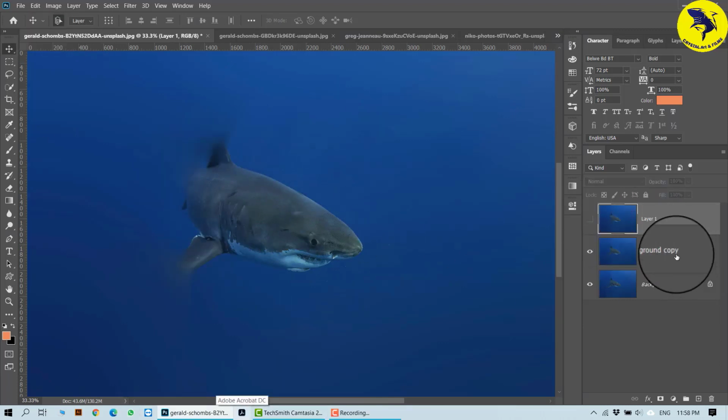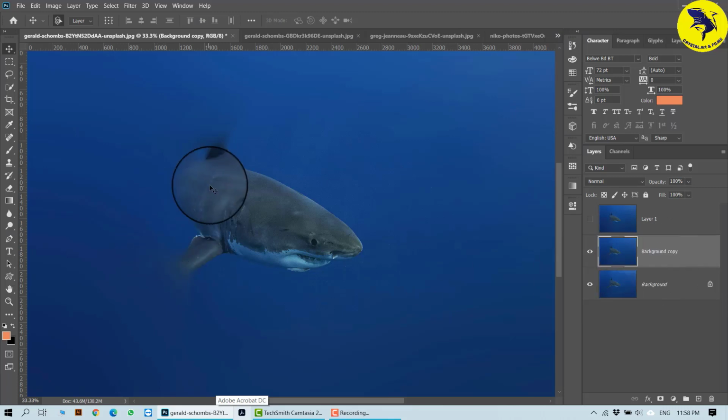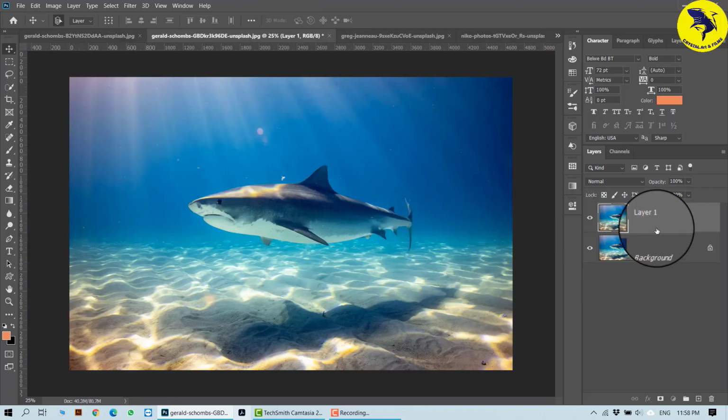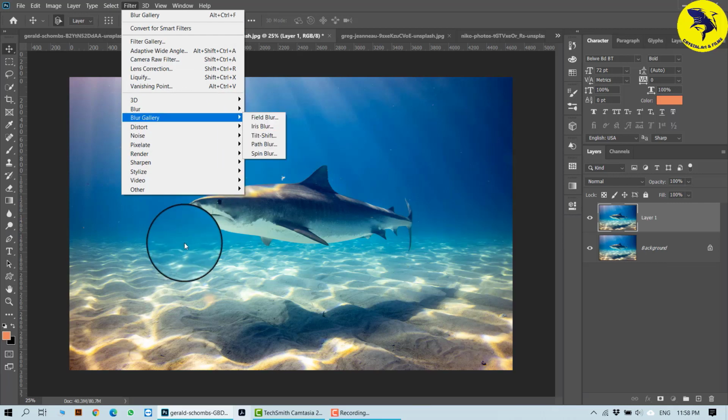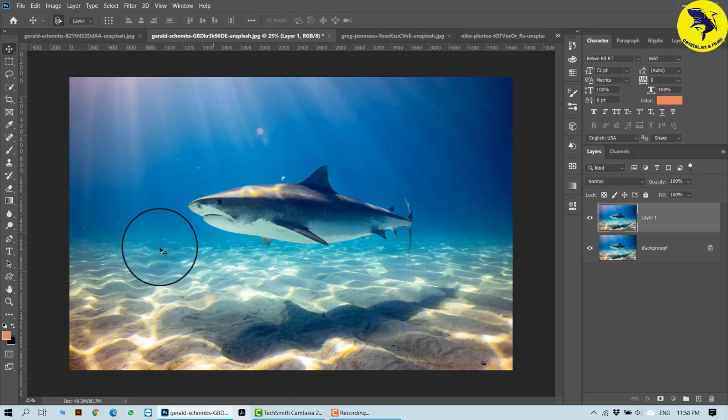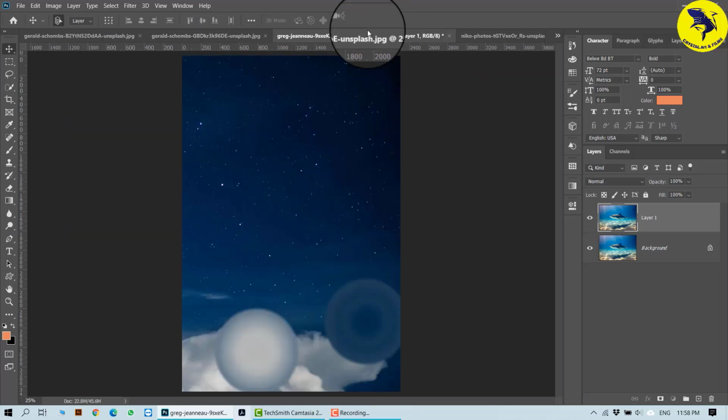And then we went to the next one, that is iris blur. It's just like wherever you click, around it completely it will be blurred. I clicked on this fish, so it didn't blur this area, and the area around has been blurred. The next was tilt shift, which I can get from here. It blurs the bottom and the top area without blurring the fish.